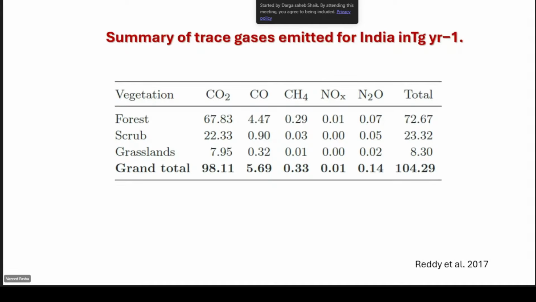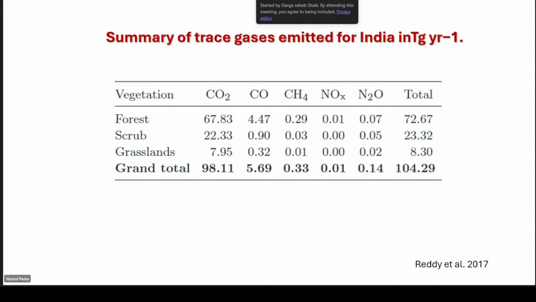So in forest, carbon dioxide is 67.83 teragrams, then carbon monoxide, methane, nitrous oxide. The other trace gases, you can see mostly the trace gases are carbon dioxide and carbon monoxide. 98.11% is mainly CO2 and carbon monoxide, and 5.69% of the carbon monoxide is mostly coming from the forest, followed by the scrublands and grasslands.